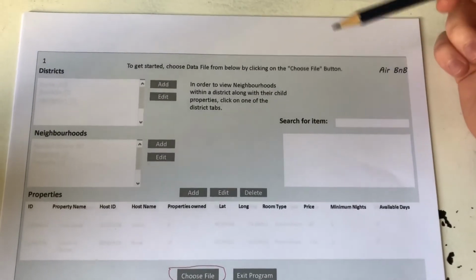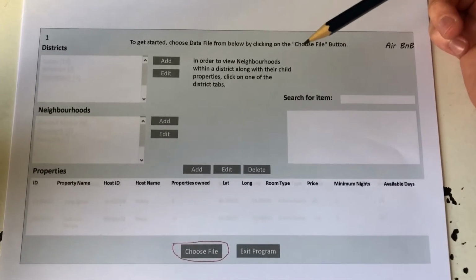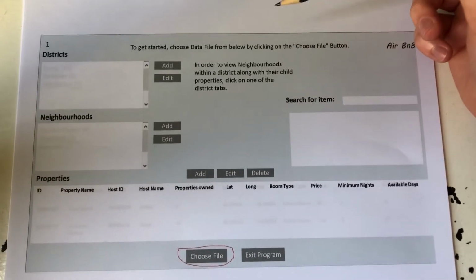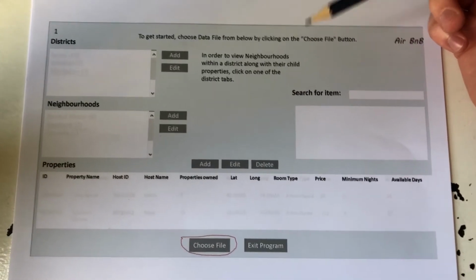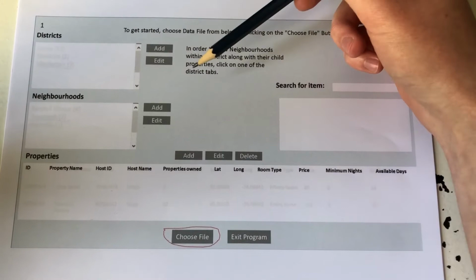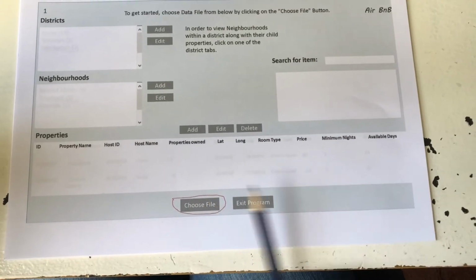So as you can see with the first app, I've already changed the color scheme of the program, so it's more of a metallic silverish blue, not just a simple grey. I've also spaced things closer together, such as the list boxes and the add and edit buttons, as you can see. The properties list box, I've made it wider